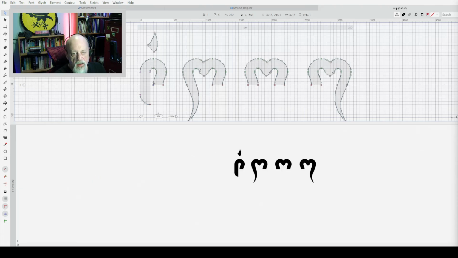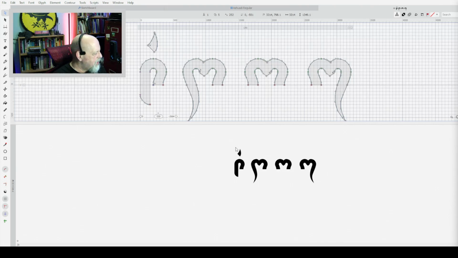We'll go back to here. This is me attempting to draw the initial, medial, and final form of a glyph to replace using this glyph, which is U, with a diacritic over it, because I want this version to not have diacritics.